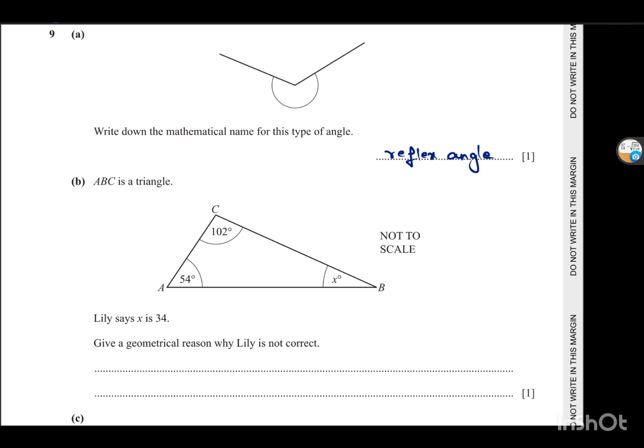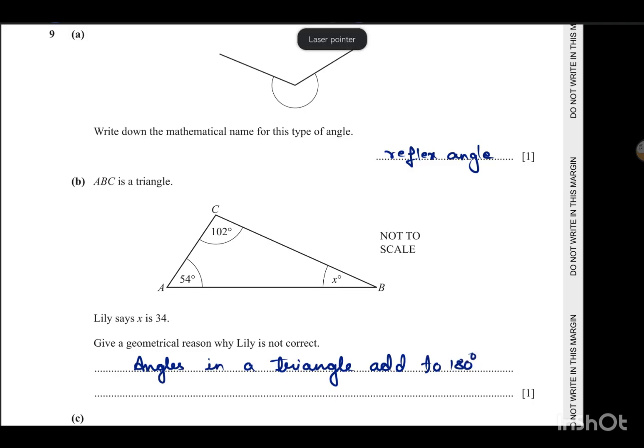So you will write the reason as angles in a triangle add to 180 degrees. Question B is done. Now see,